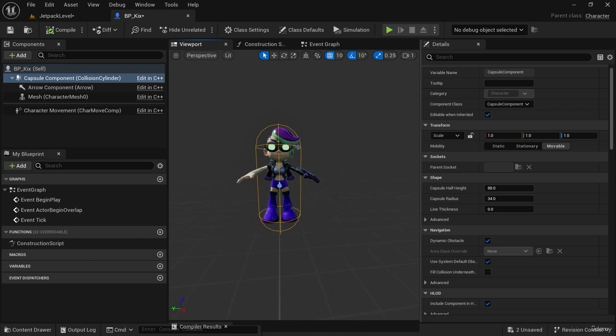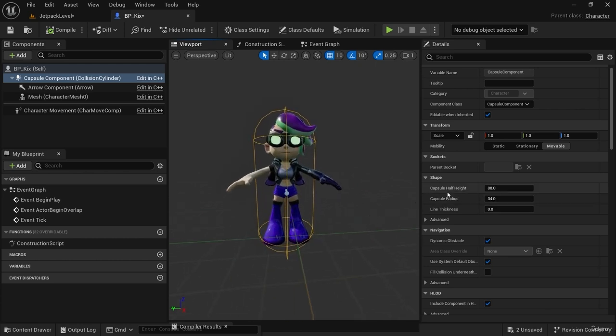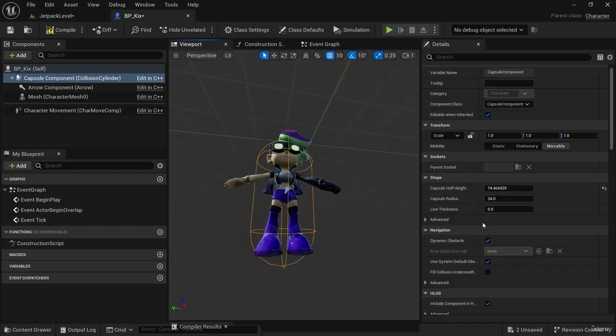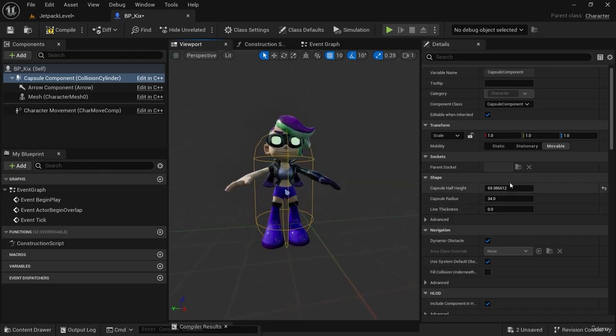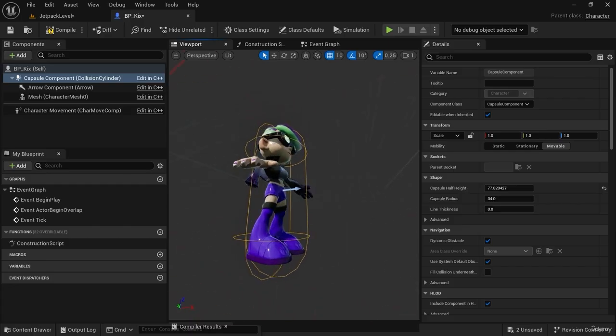For the height, capsule components have a property called capsule half height. Now, we're going to click and drag it to the left until we have a bit shorter of a capsule. I'm just going to keep going until I see it just about at the right size. It doesn't have to be perfect. I'm going to enter in 75,